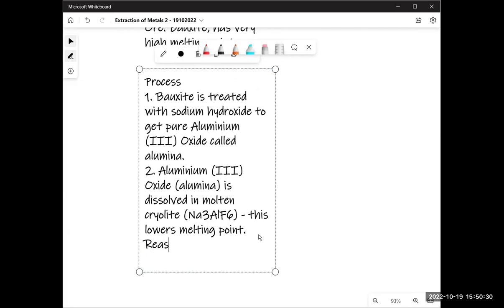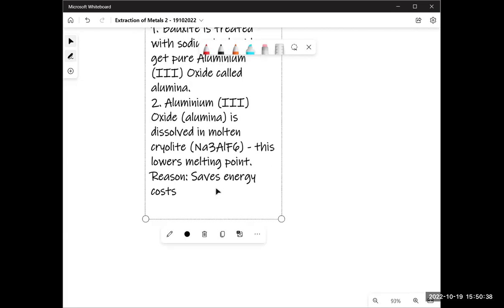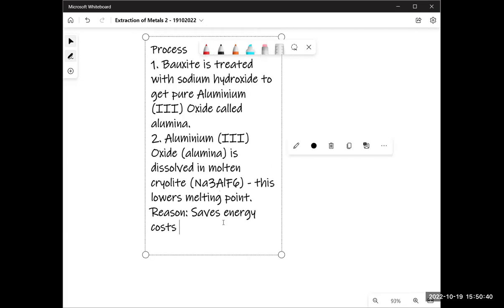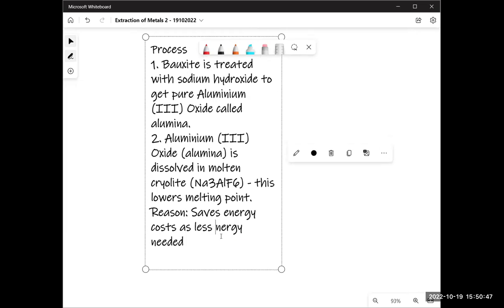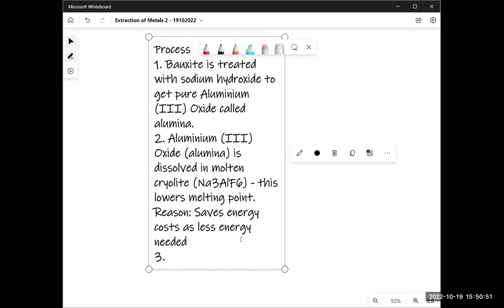Reason: saves energy costs by lowering the melting point, as less energy is needed. Third step, another step is